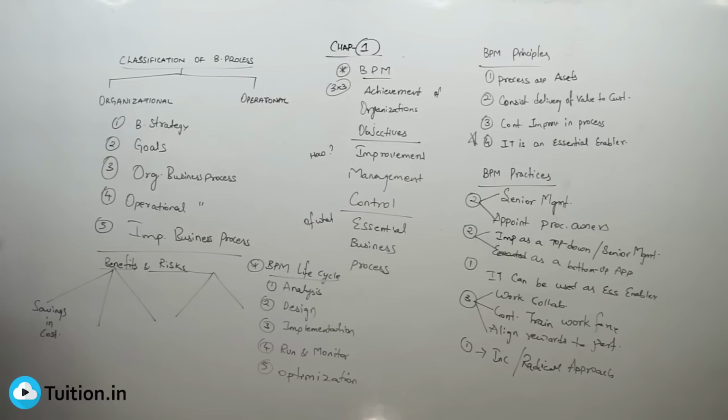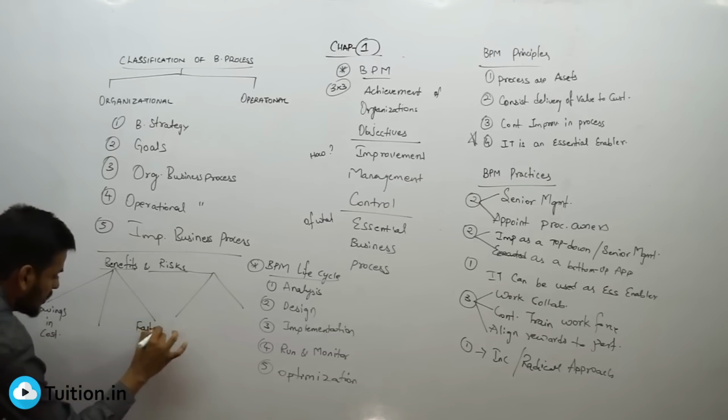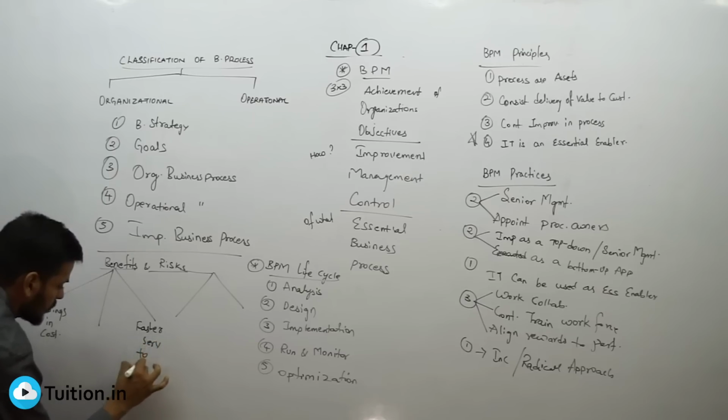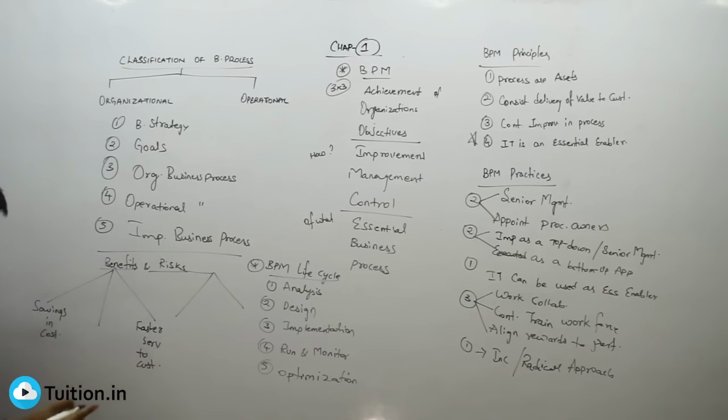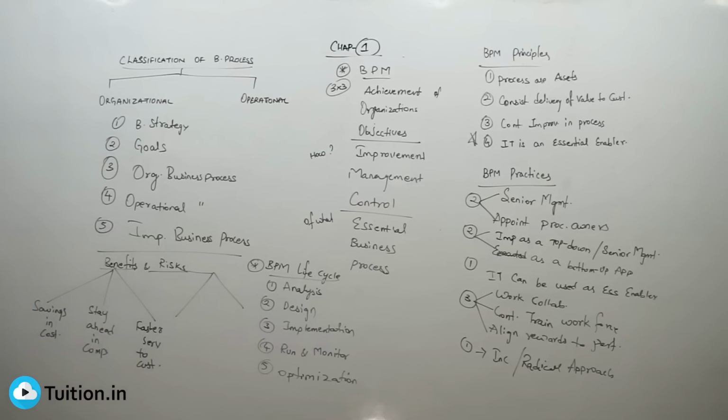That's one of the reasons why we do BPA, is to save cost. Then it is all about providing some kind of customer service, right? And since you are providing that kind of customer service, it is definitely being automated, so it's much faster when compared to the others, right? So you have faster service to customers, and another key point that you need to remember is by doing this you will stay ahead in competition. So these are the 3 benefits, guys: savings in cost, staying ahead in competition, and of course faster